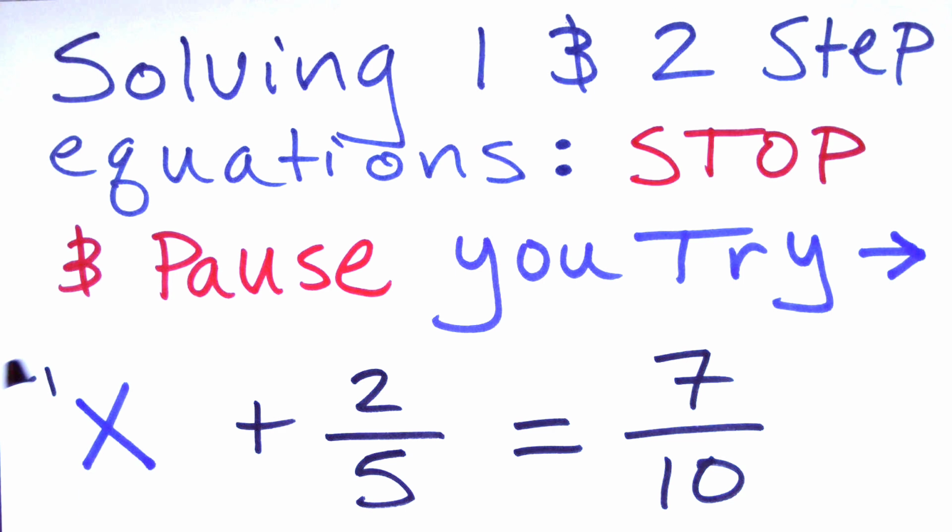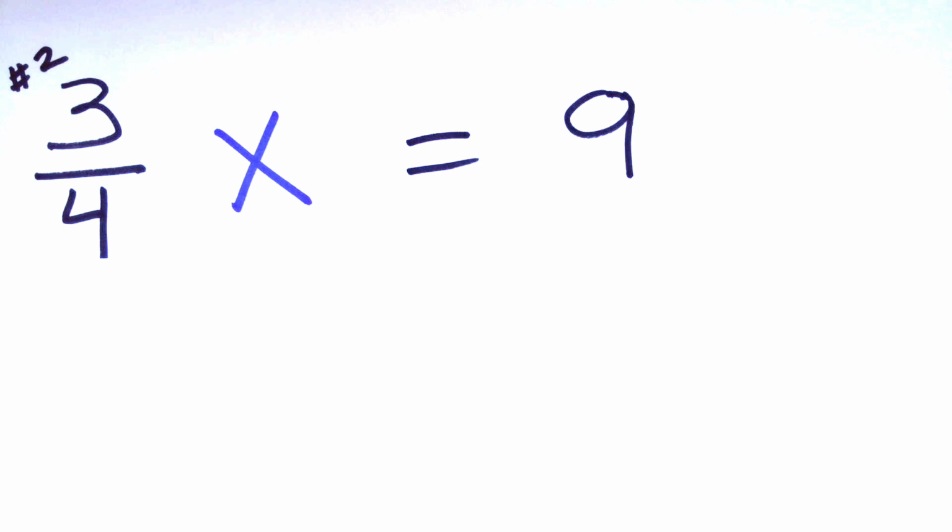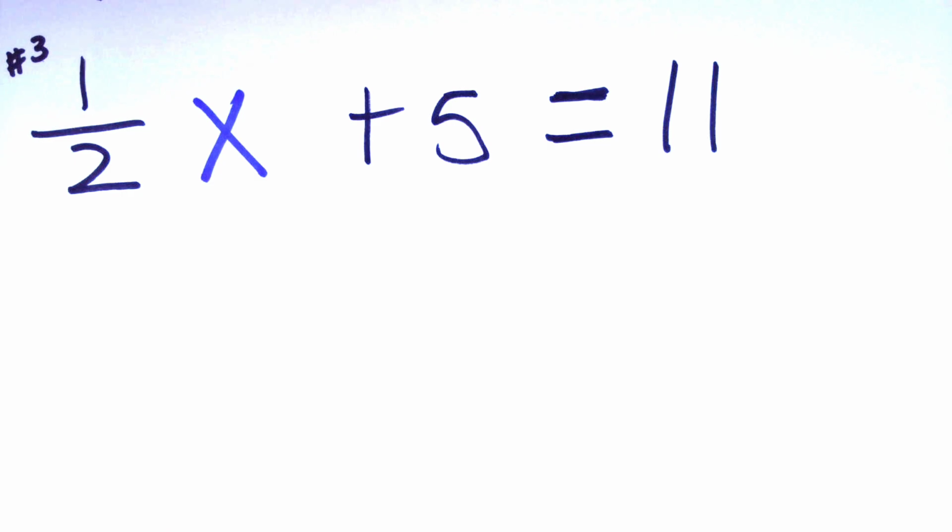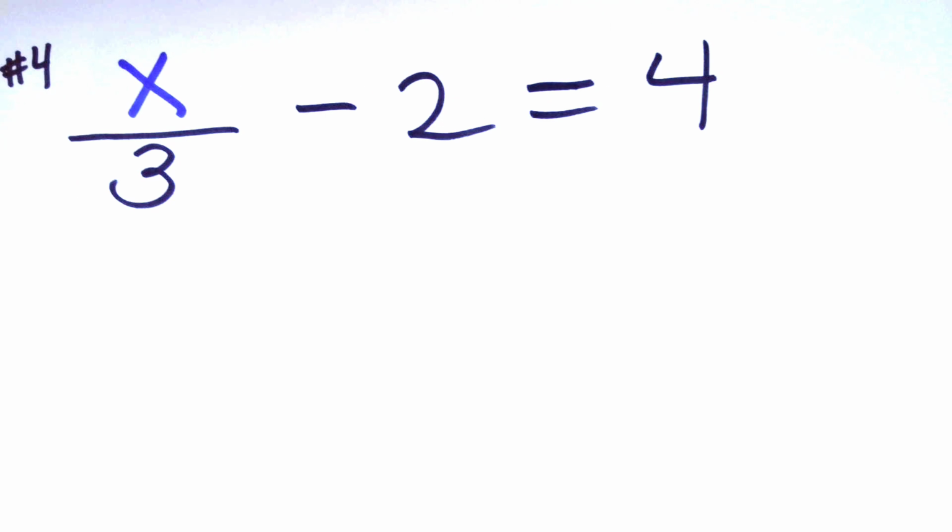All right, so in problem number 1, x plus 2/5 equals 7/10. What's the first thing you're going to do with problem number 1? Okay, in problem number 2, you can see 3/4 times x equals 9. All right, in problem number 3, we have 1/2 times x plus 5 equals 11. Two-step equation. And problem number 4, we have x divided by 3, or 1/3 x, 1/3 times x, minus 2